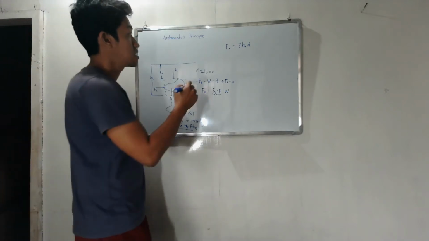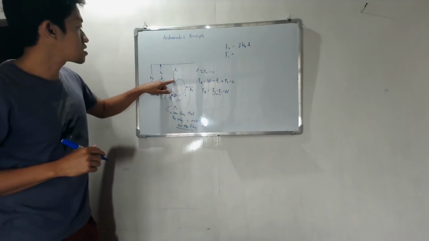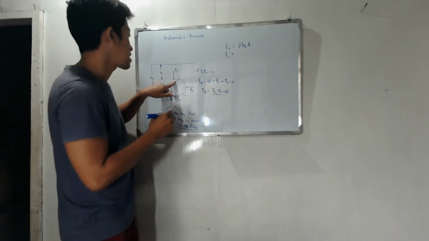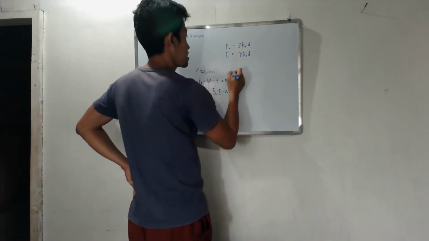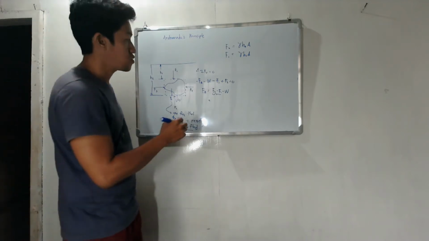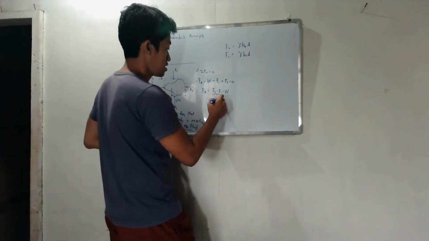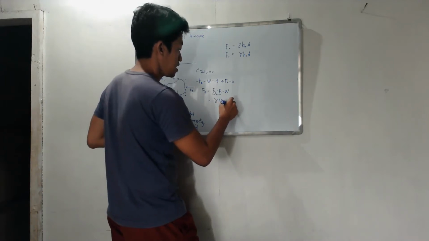And then F1 is just gamma H1 A. Therefore, this is just equal to gamma (H2 minus H1) A